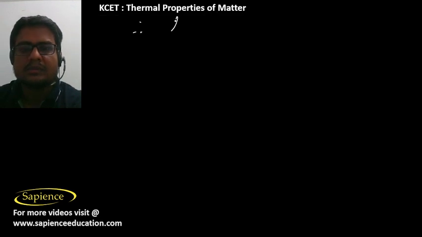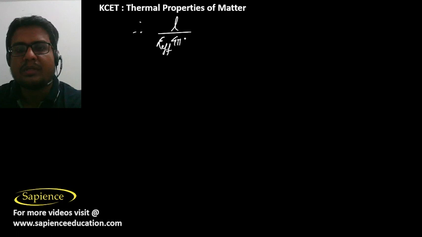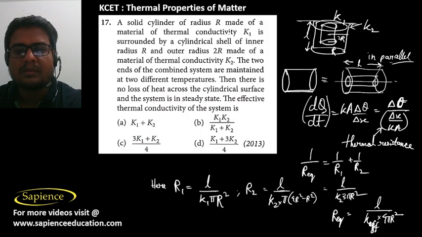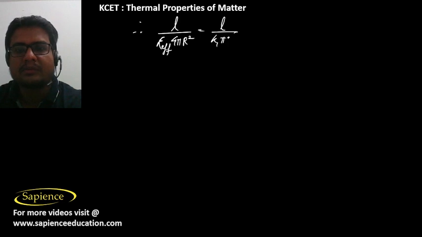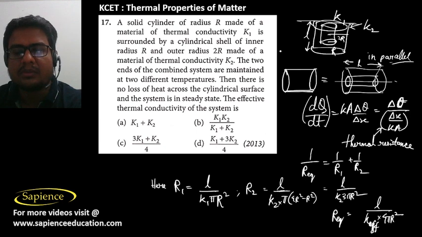So L by K effective 4 pi r square is equal to the inverse of L by K1 into pi r square plus L by K2 into